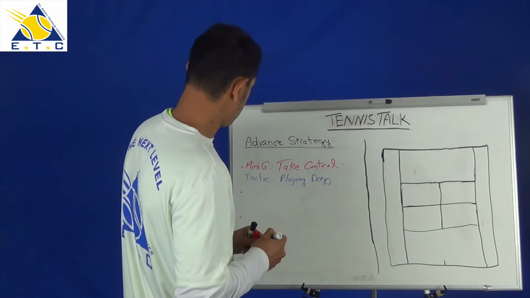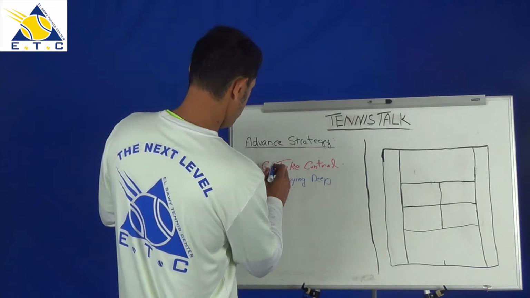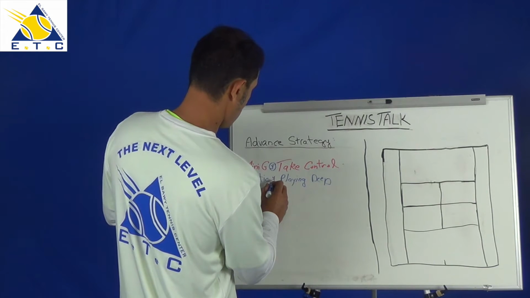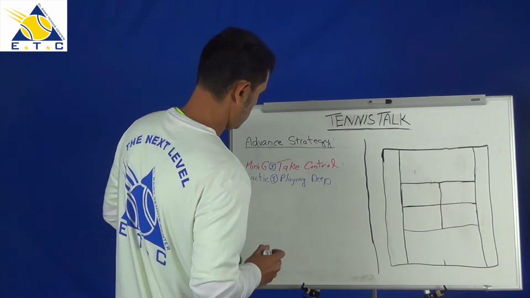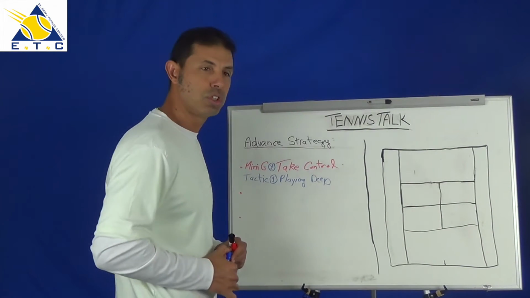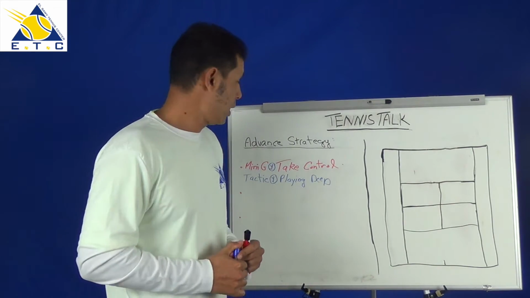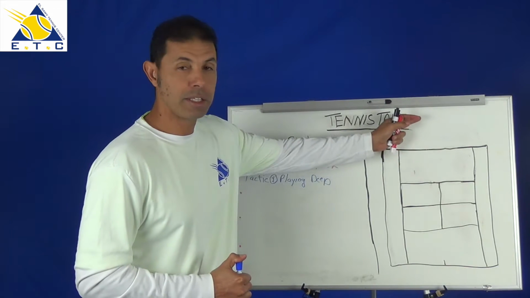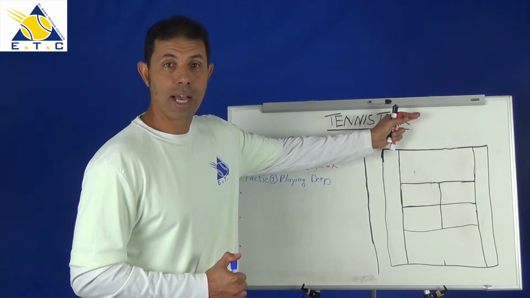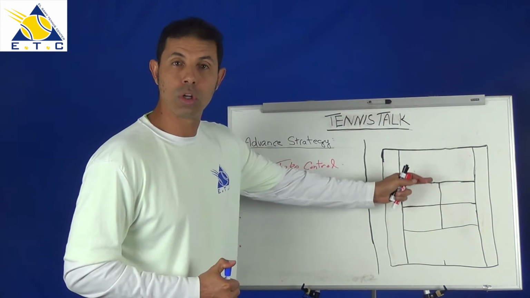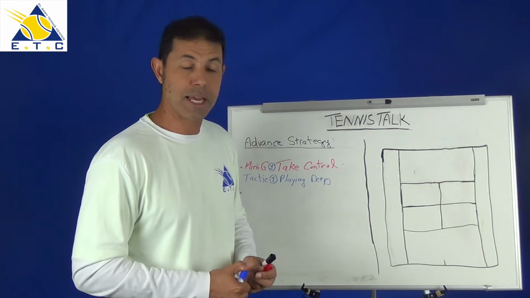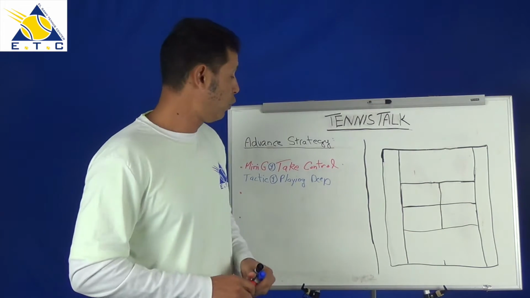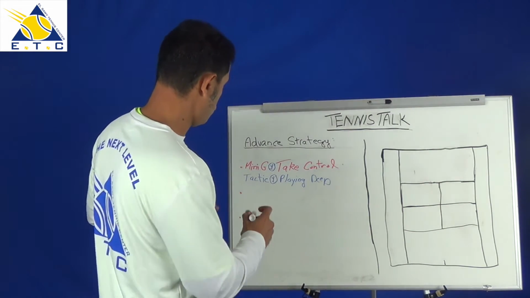And for our purposes, let's call that mini goal 1 and tactic 1. So the first step that I have to do to implement this strategy is play the ball deeper in the court. That will push my opponent behind the baseline, okay? And that would allow me to take control of the rally, because to me that's step number 1 to advancing my overall strategy. If we go down to mini goal number 2,